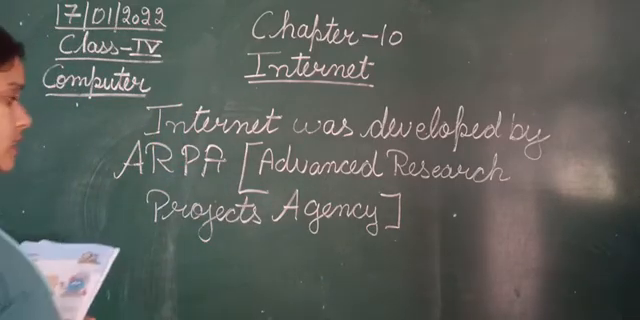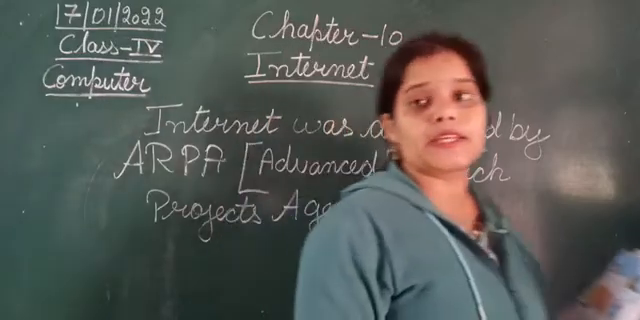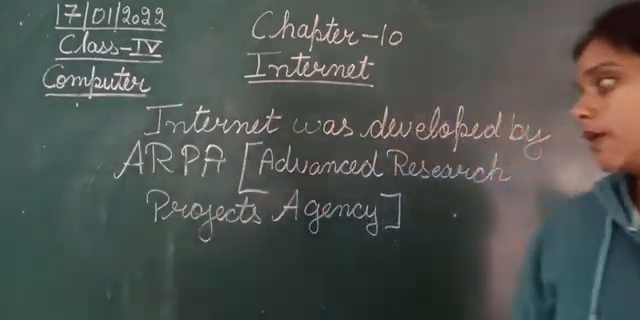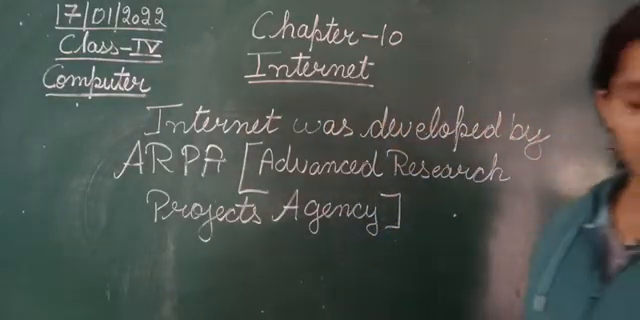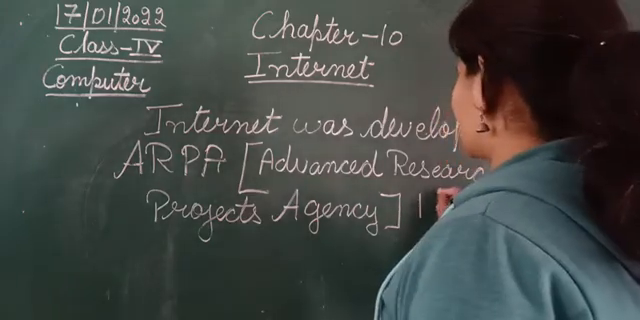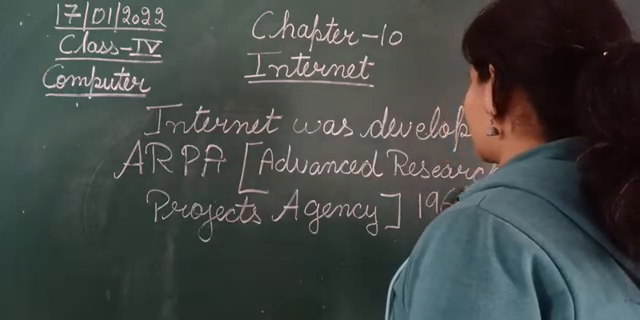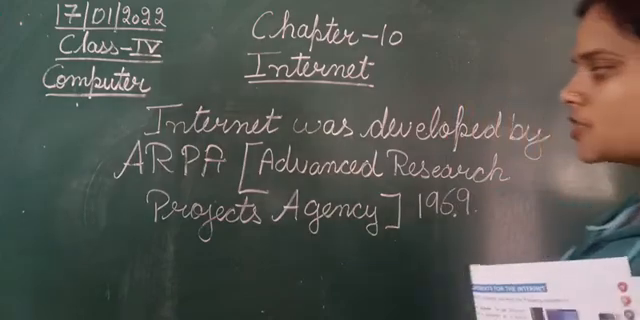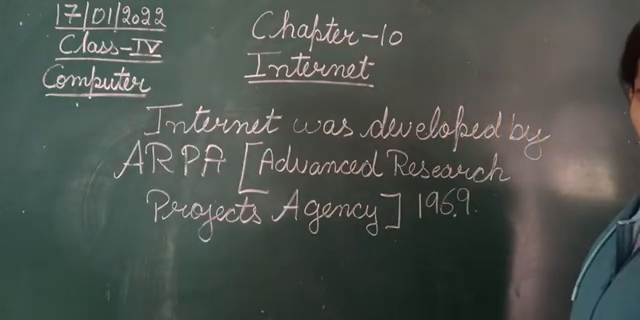Okay, so it was invented by ARPA, that is Advanced Research Projects Agency, in the year 1969. So internet was developed in the year 1969 by ARPA, that is Advanced Research Projects Agency. Okay,